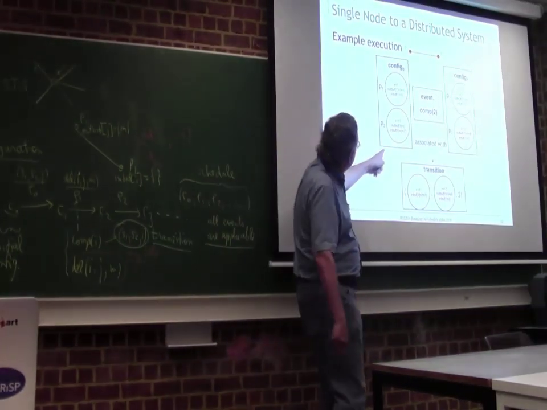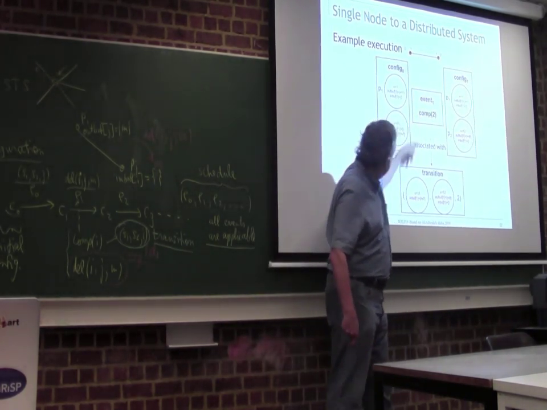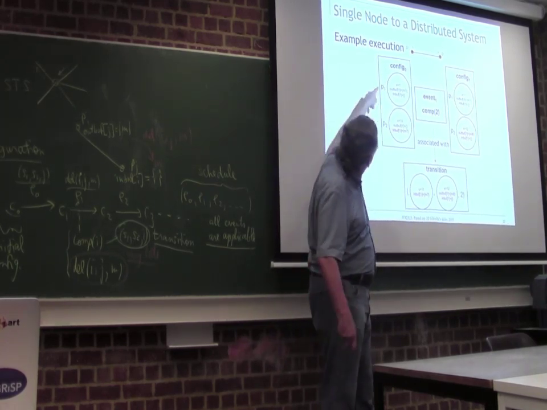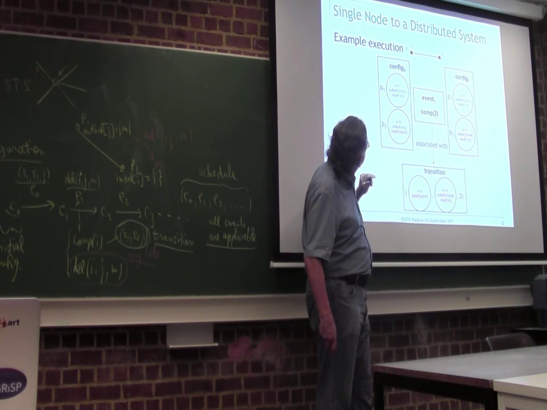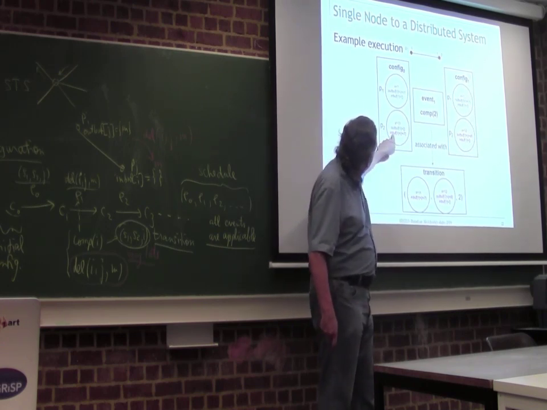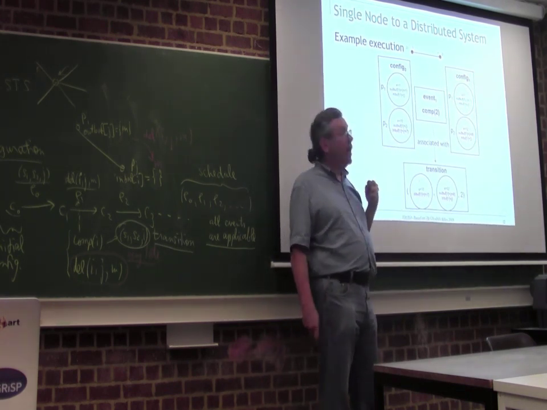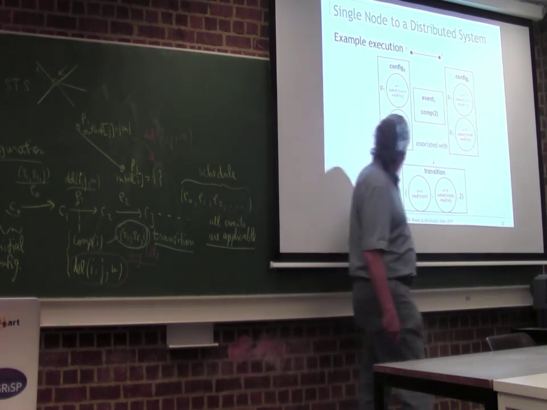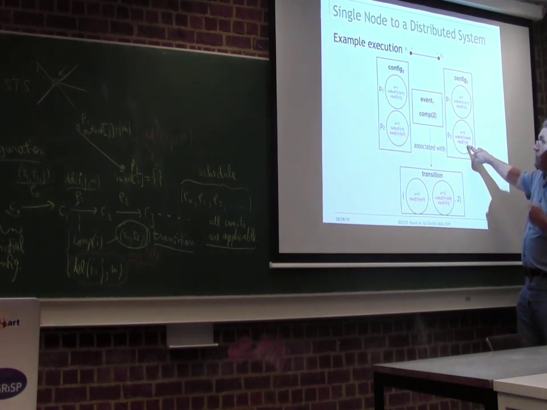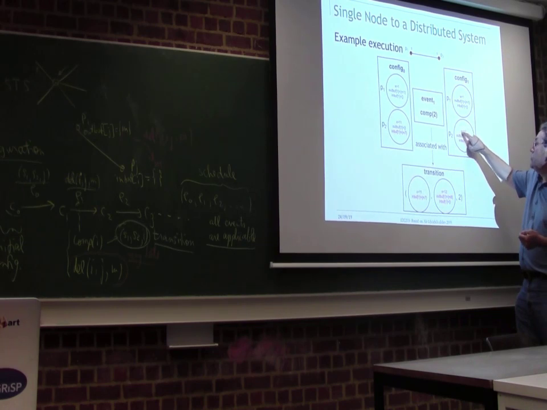So here's another example. What I want to do is make the connection between the comp event and the transition. Here we have a very simple system with two nodes, P1 and P2, with a single connection. P2 here has M7 in its in-buff. It's going to read that event, do a transition. So the in-buff is empty here. It's going to send M8. So it's going to put M8 here, change the state to 12.